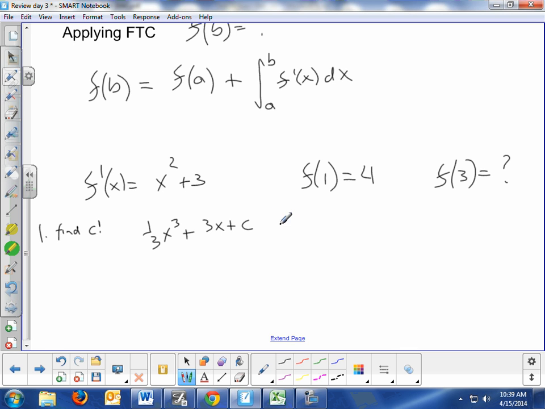I was told that, let's say, f of 0 is equal to 4 just to make this easier. F of 0 is equal to 4, that means c is equal to 4. Now I can use this function f of x is equal to 1/3 x cubed plus 3x plus 4 to find f of 3,